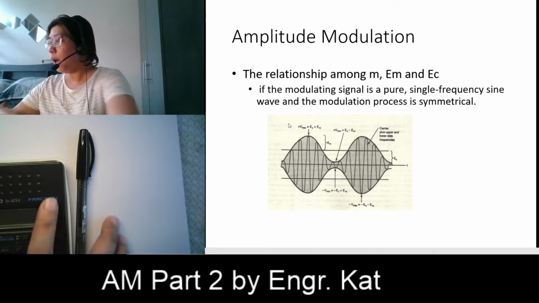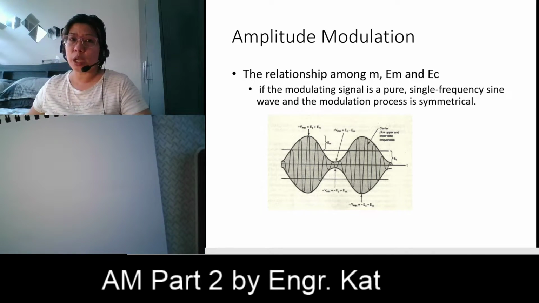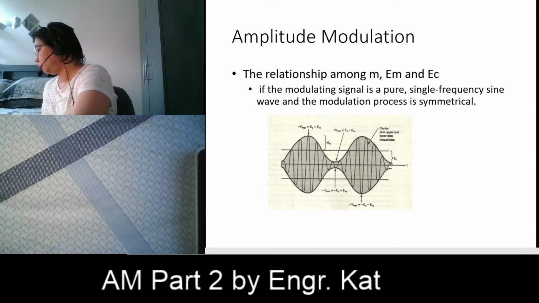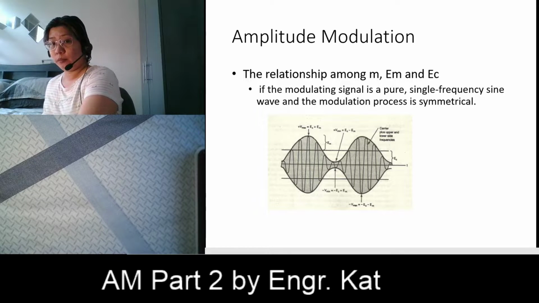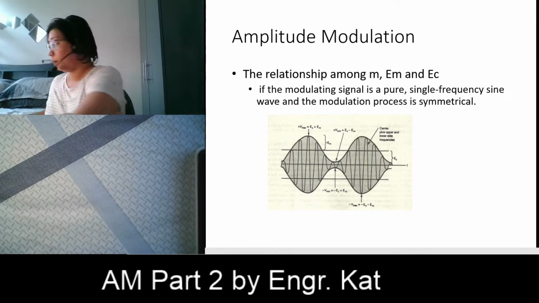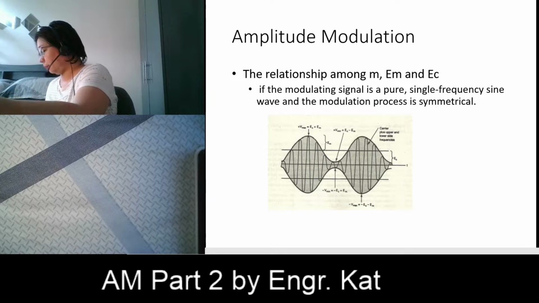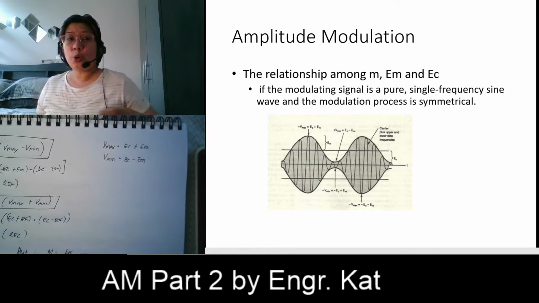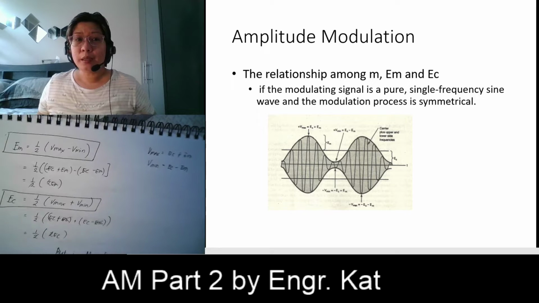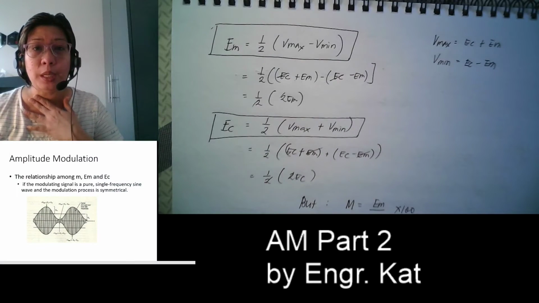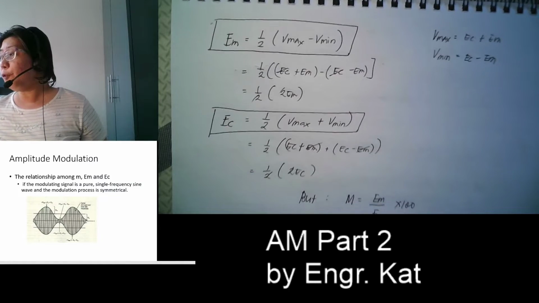I will be showing you the relationship among your M, your EC, and your EM. I have here the derivation showing the relationships between the three. So from the waveform,